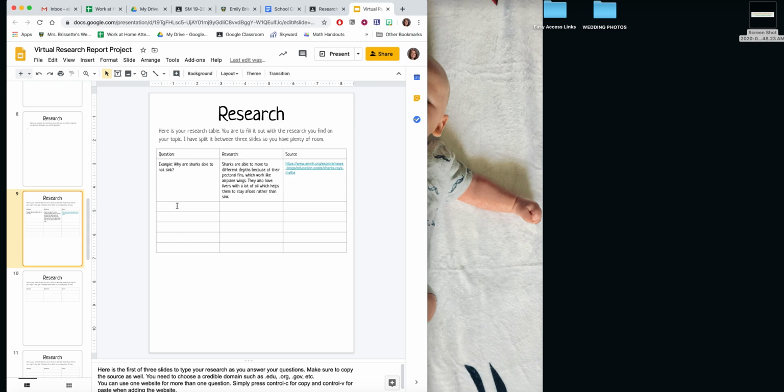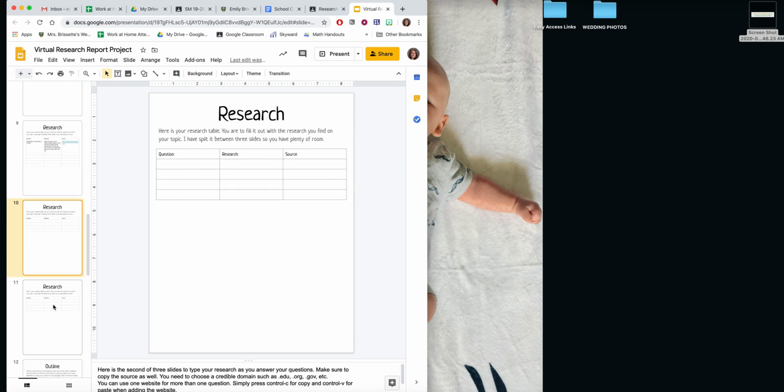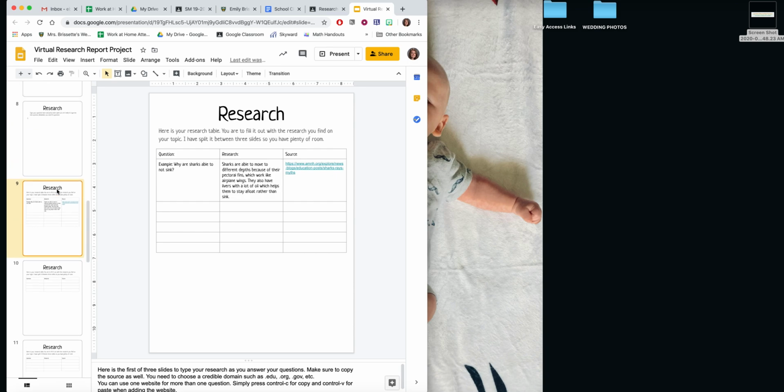There's not enough space on this page to do all 15, so I do have 3 slides for you to finish all 15. You're using the exact same questions that you've already written. You just need to find some research. And I think,